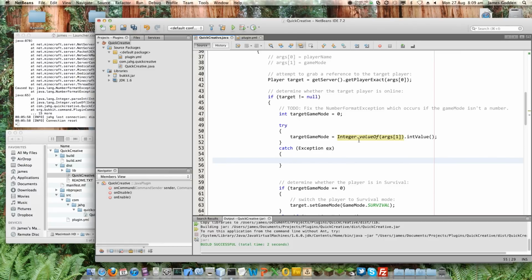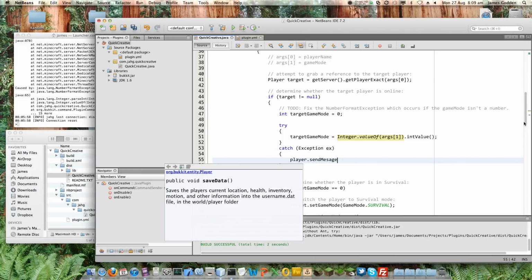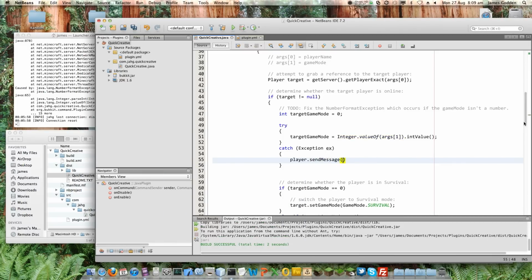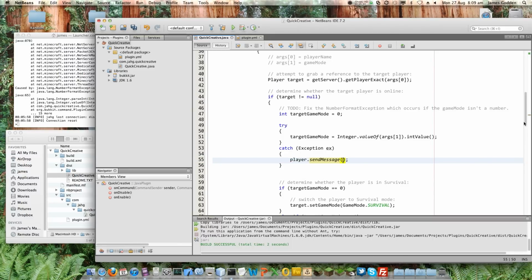So all we're going to do for that is just put in a message like we did before. So in this particular case, we want player.sendMessage, and then we can specify message, there we go, and we can specify the actual text of that message. We give it a message to work with and it will display it. So in this particular case we can say the game mode parameter must be a number. That's what we'll have there. That seems reasonable because we pretty much know that it's guaranteed that that's what's gone wrong. There's nothing else here that could go wrong.